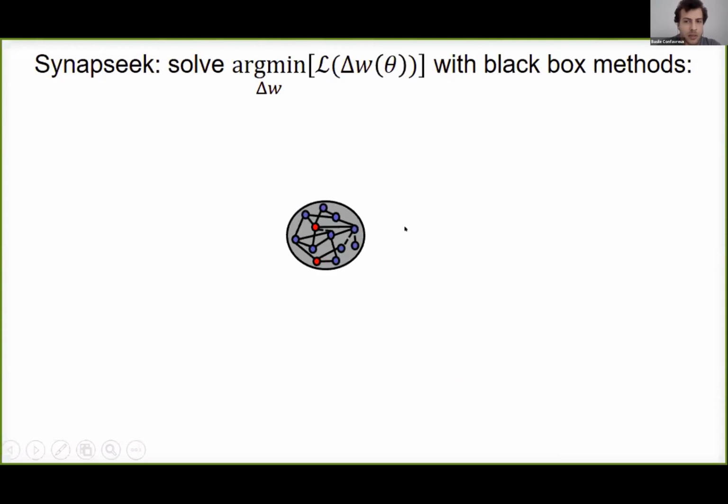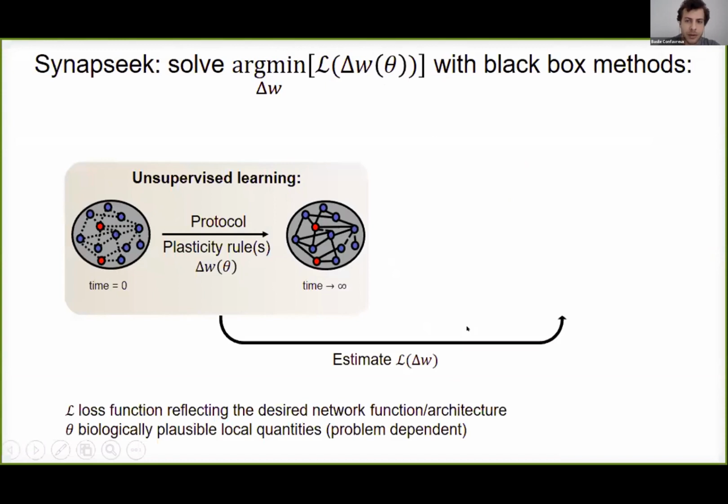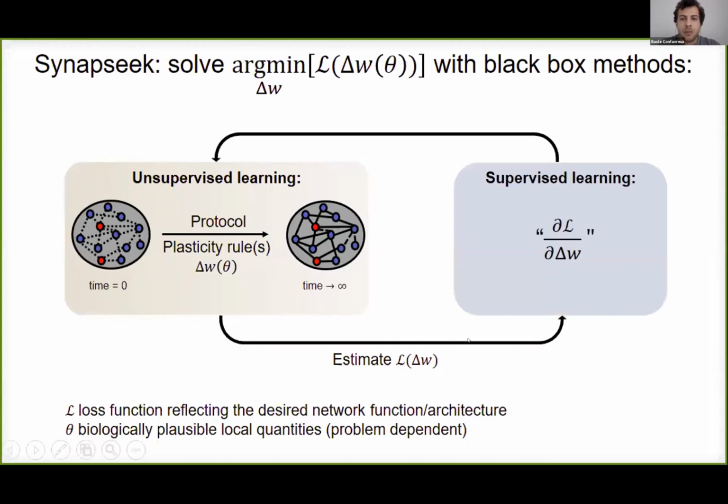So here's what we want. A biologically plausible network with a target function or architecture. And we want to get to that network starting from a random network that has one or more plasticity rules and a bit of time to get there. The network and target function can be anything you want, really. All we require is that you're able to give a score to the final network, a scalar loss that says how well this network is solving the task or having the right distribution of weights. And then we use black box optimization to minimize the loss with respect to the plasticity rules.